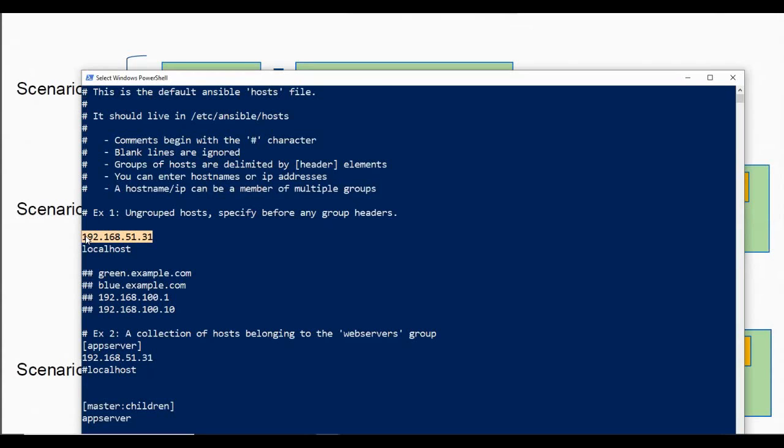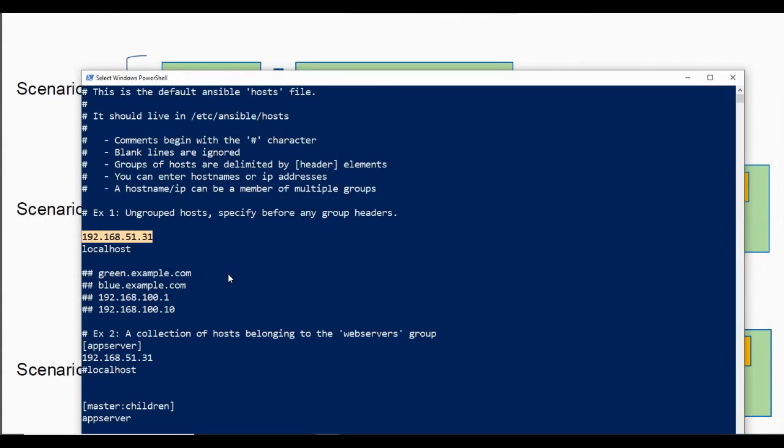The only care that you need to take is if you have defined an FQDN or a hostname, that FQDN or hostname should be resolvable over the network from the Ansible server. So if I want to connect to a particular machine, which has been defined, let's say as green.example.com, this domain name should be resolved over the network while connecting from the Ansible server to that machine. Otherwise you won't be able to connect to that targeted machine. Okay, so it makes sense.